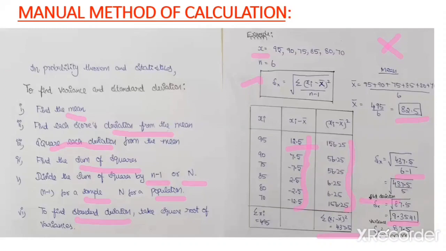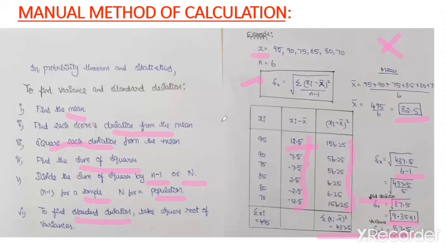If we square it, we get the variance value. This standard deviation value is a little bit high. This shows that each mark is quite far away from the mean. For example, the 95 is a little bit away from this mean, so the standard deviation value is quite high. This is what we can observe from this manual method.